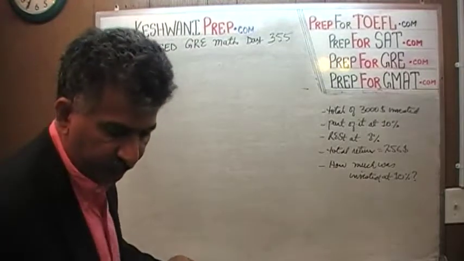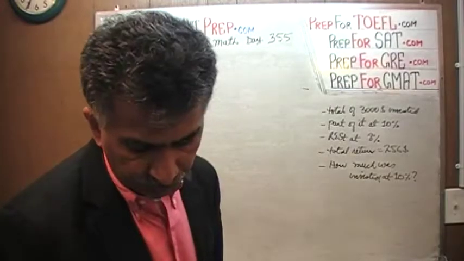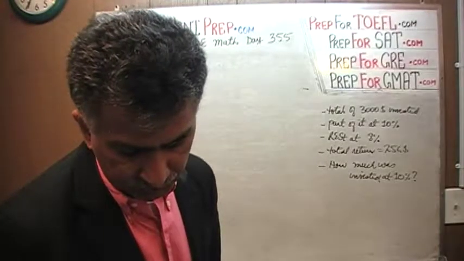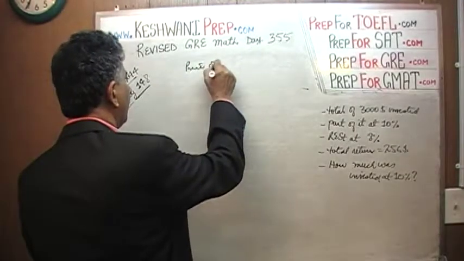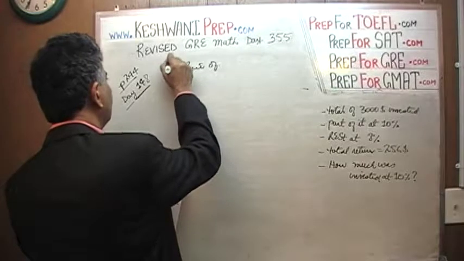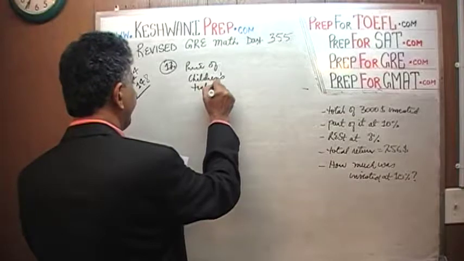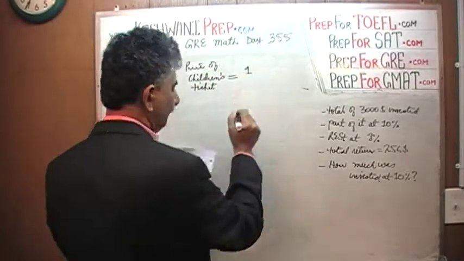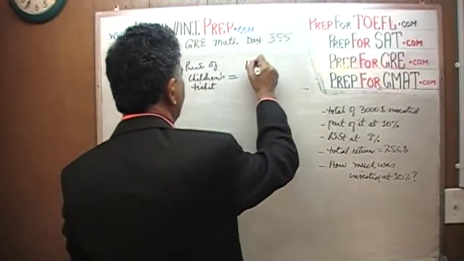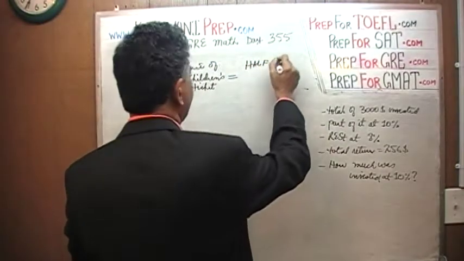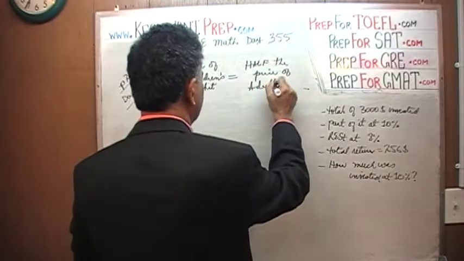We'll do problem number 12 first. Problem number 12 says, a theater sells children's tickets for half the adult ticket price. Alright, so we know the price of children's ticket is half the price of adult ticket,